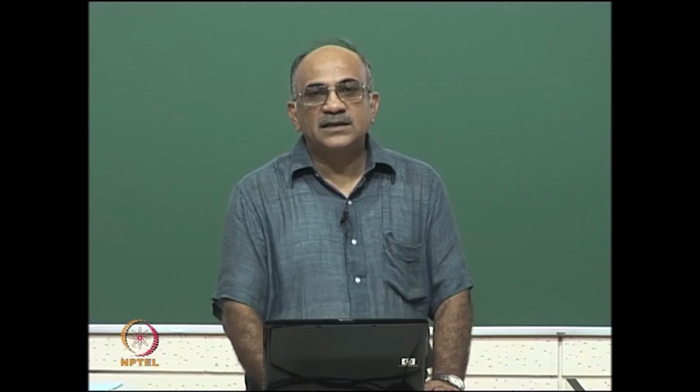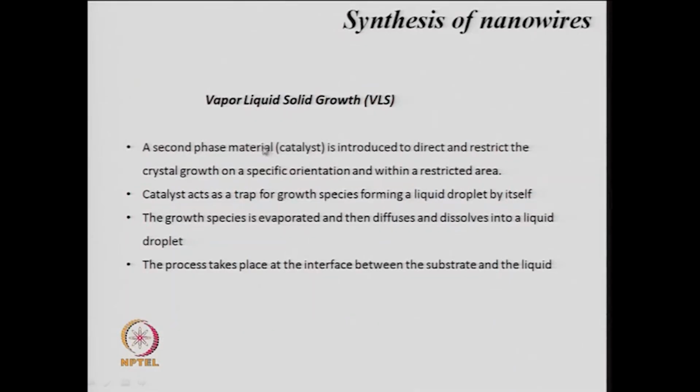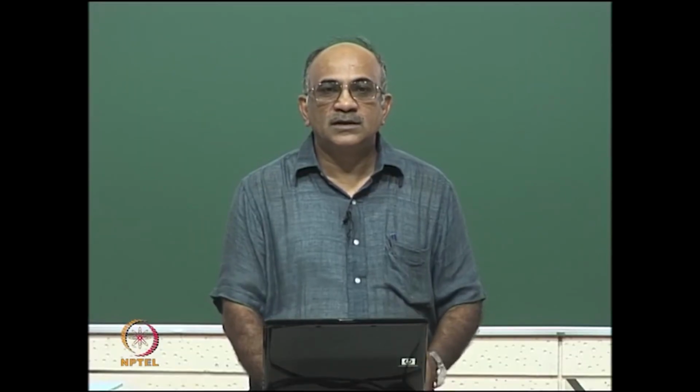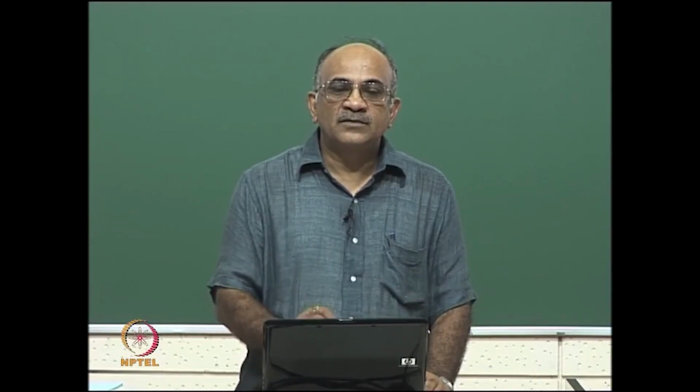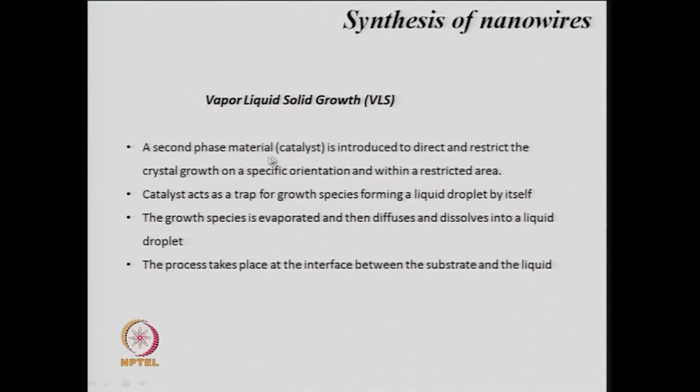So, what is this method? In this technique, a catalyst is normally used, which we call a second phase material, whereas the main phase is the phase whose wire you want. So, that is the main phase, which may be a semiconductor wire which you want. So, it has to start from a semiconducting material. Along with that, you have to add a second phase material, which is